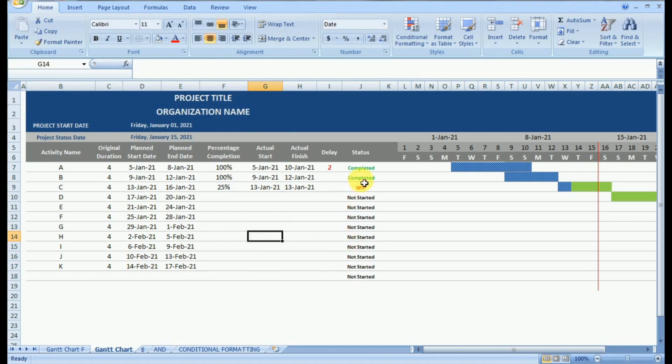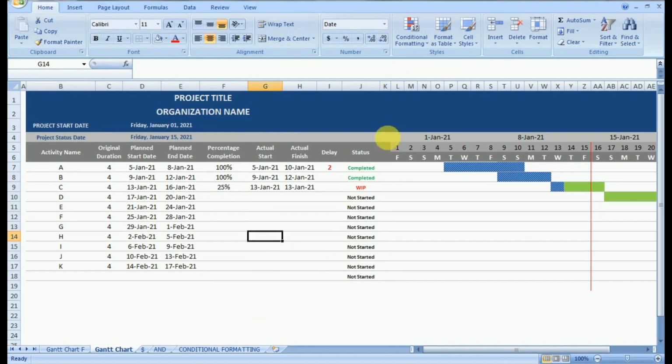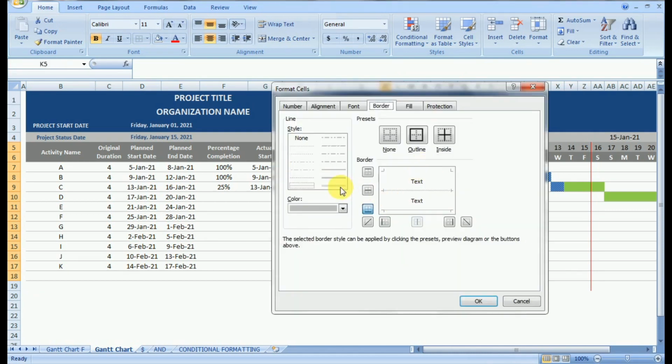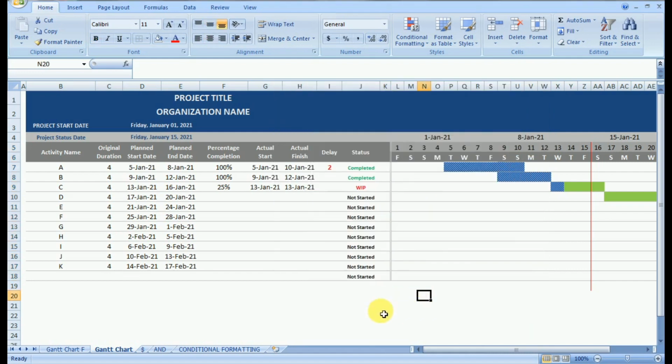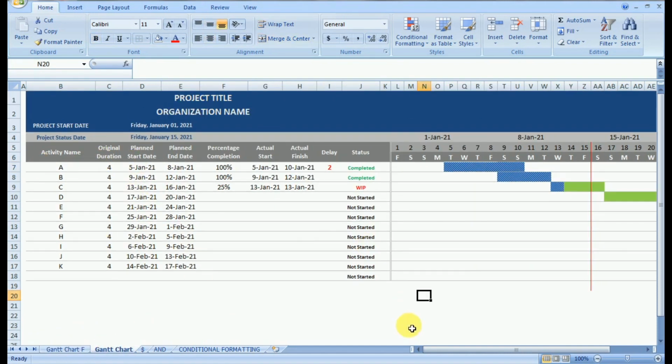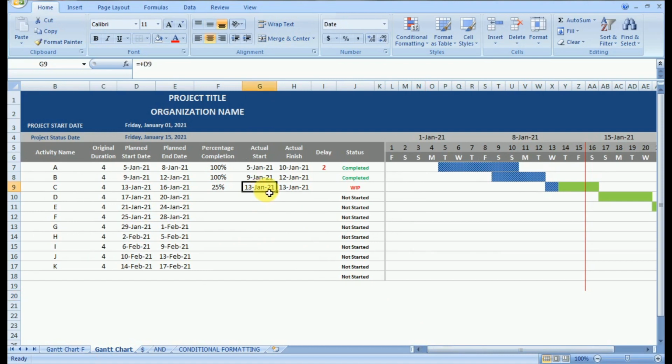So in this way you made a dynamic sheet in which scheduling can be done, the actual input can be put, and the tracking could be done, and the Gantt chart will be automatically generated. Another objective of these two sessions is that you have understood the IF command, AND command, dollar command, and conditional formatting. There are a lot more commands which make Excel much more user friendly and powerful for more automation, which we will understand in the further sessions.